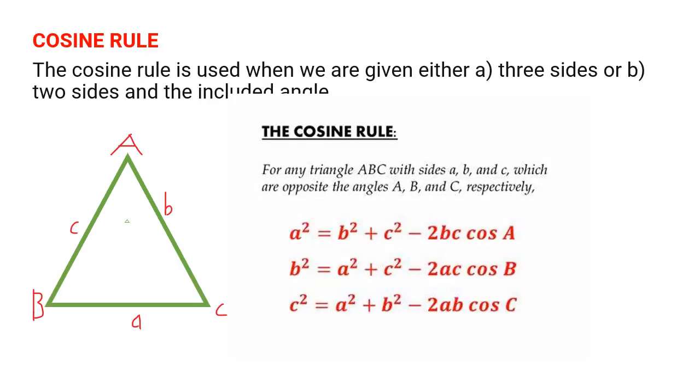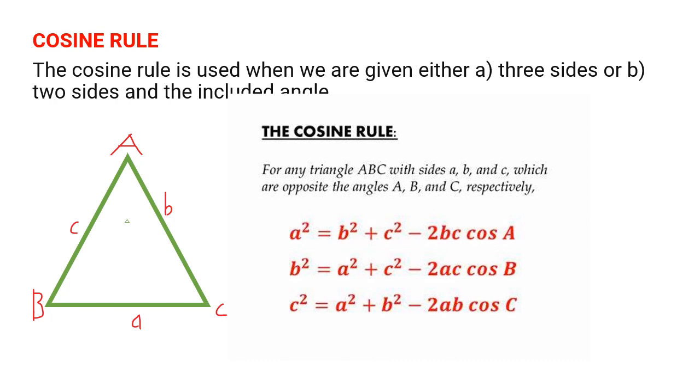For the cosine rule, it is used when we are given either three sides or two sides and the included angle. So for any triangle ABC with sides a, b, and c, which are opposite of the angles A, B, and C, the cosine rule is a squared equals b squared plus c squared minus 2bc cosine A,